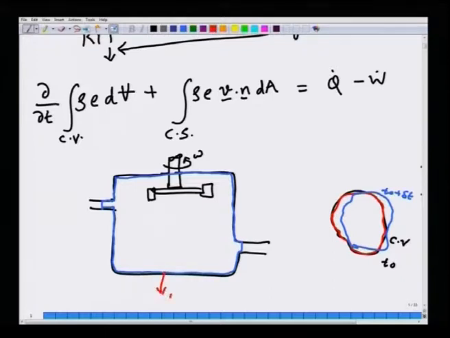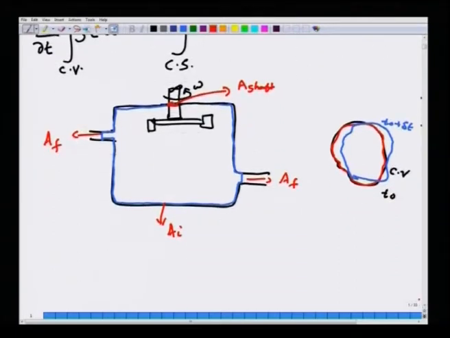The internal areas A_I, where the velocity of the fluid is 0, okay. Then the areas through which flow is happening, A_F, at the inlet and outlet, and the area over which the control surface is cutting across the rotating shafts that can protrude out of the CV to the surroundings. Okay. So, there are 3 types of areas, and the work interactions, as we said last lecture,